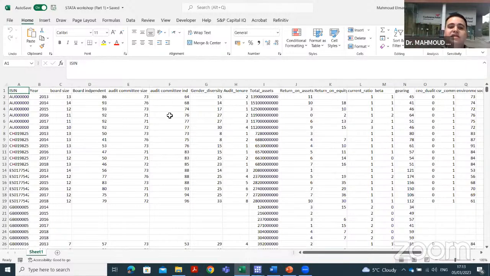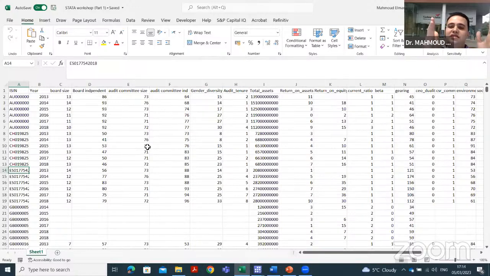So for the data in the Excel file, as you can see, the only format accepted by Stata is that the names of the variables are in the columns. So the names of the variables have to be like that. If you downloaded the data and the variable names are in the rows, not in the columns, then you have to transpose the data, or use a pivot table or any other tool in Excel,